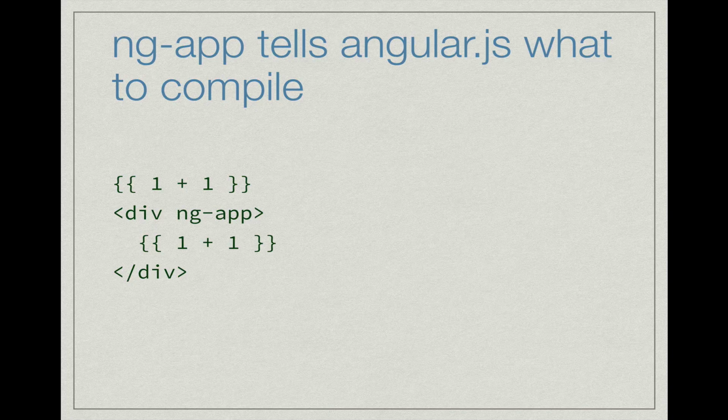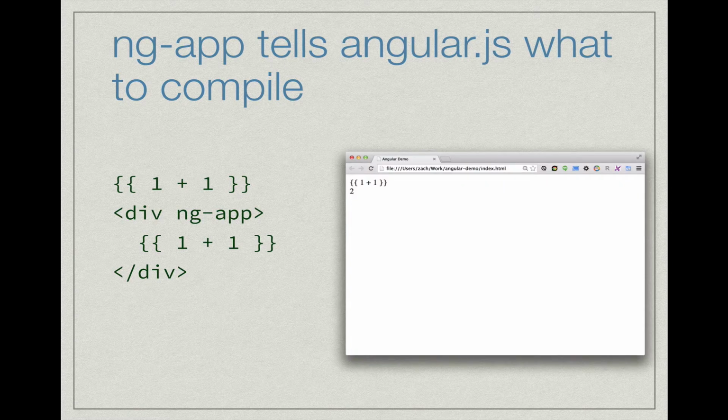So concept 0, ng-app. This isn't really part of the composition of applications. This is more foundational. You need to know this stuff. And this is going to be the only static slide of code on it, just to show you how this stuff works. Now, ng-app on the screen is an HTML attribute, just like ID or class. No different, except for how it's different. So it's a custom attribute, right? Angular knows to look for it. And when Angular finds it,